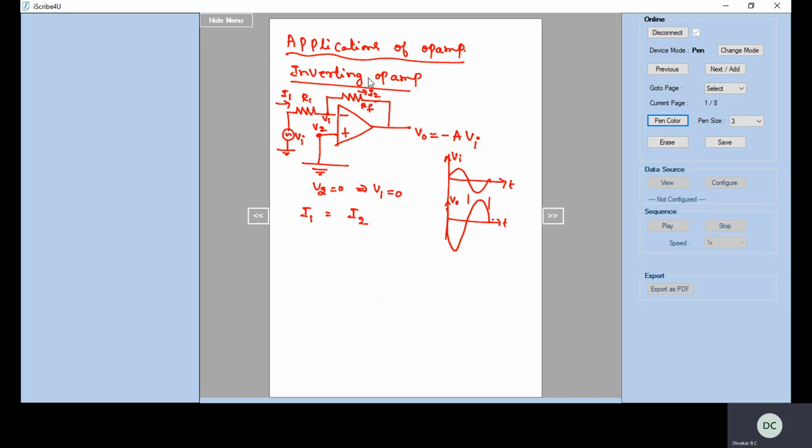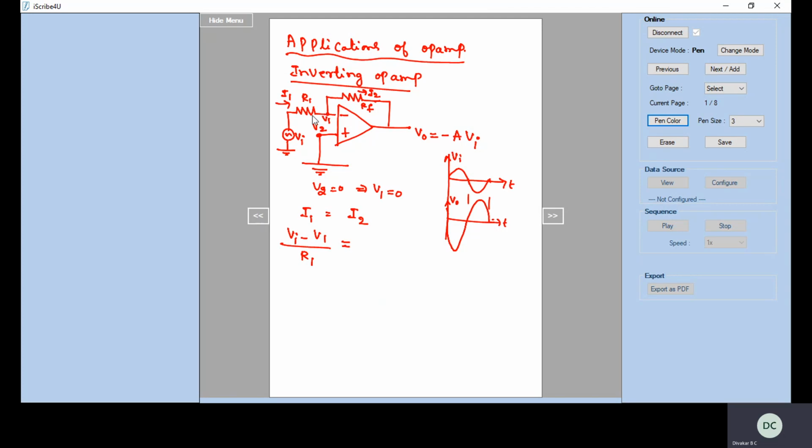And Ohm's law states that the current flowing through the conductor is directly proportional to the potential difference between its ends. So now here you are going to find out I1. How to find out I1? It is the potential difference across the resistance R1, so this is Vi minus V1. So I1 is nothing but Vi minus V1 divided by R1. So Ohm's law, I equals V by R.